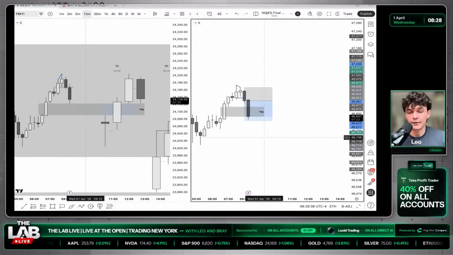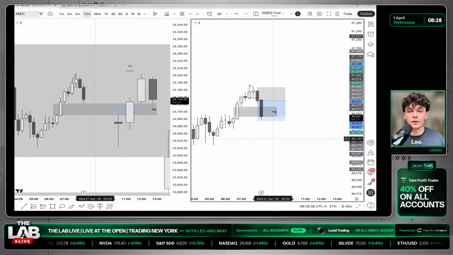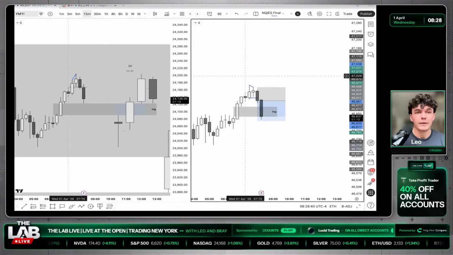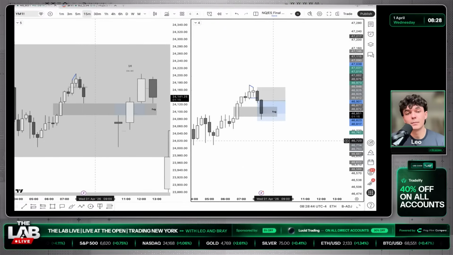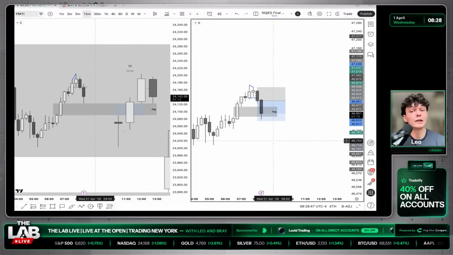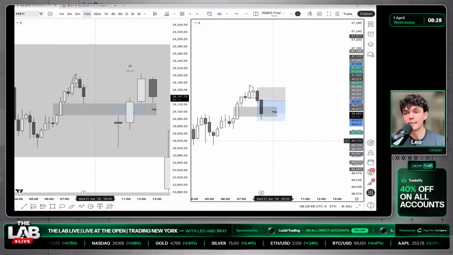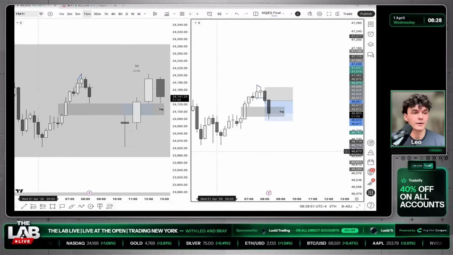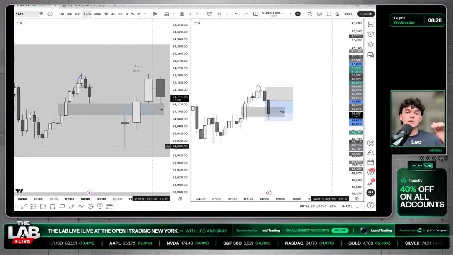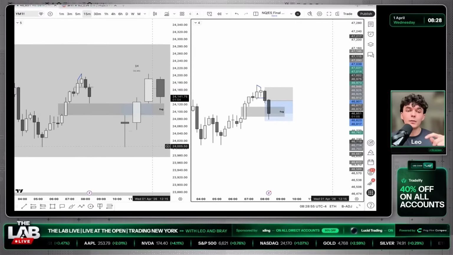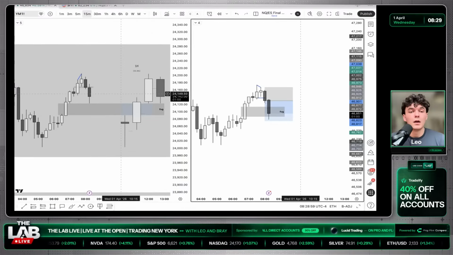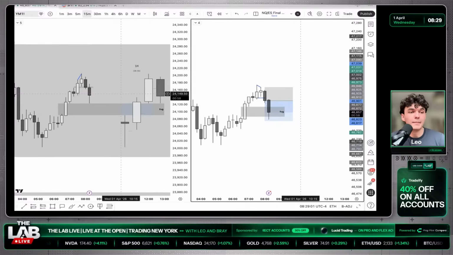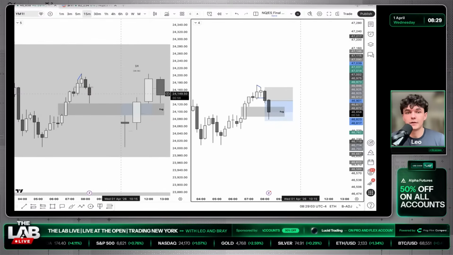Wow, looks like we're gonna have to fade this long here. It looks like we're gonna dump a bit. This would be nice. Honestly, I don't know if it'd be nice, but pre-New York session, if we see a deep retracement, then we can really look to frame longs during New York AM. I'm actually kind of liking what I'm seeing here, because the ideal situation would be a deep retracement pre-New York, and then we can frame a bearish manipulation into some bullish longs off of the New York AM. So I'm liking this a lot.